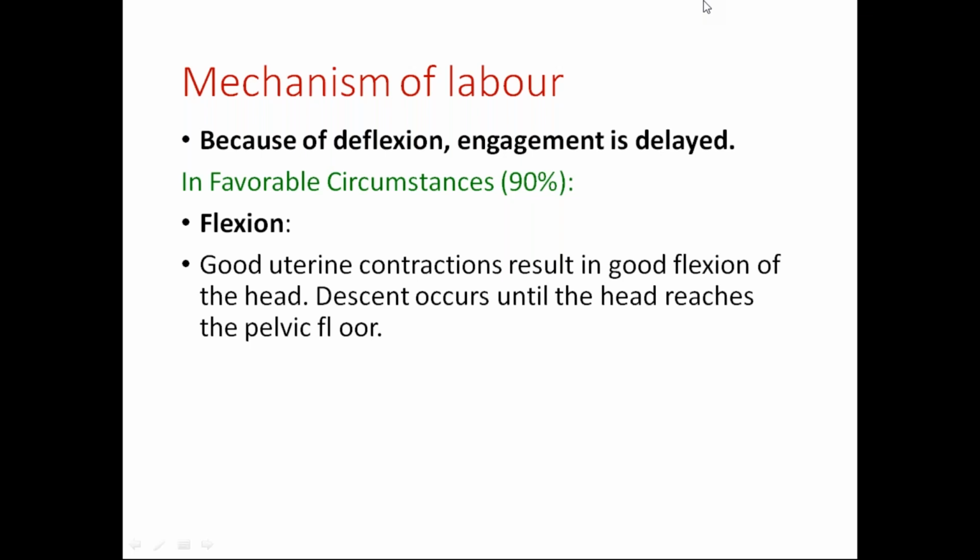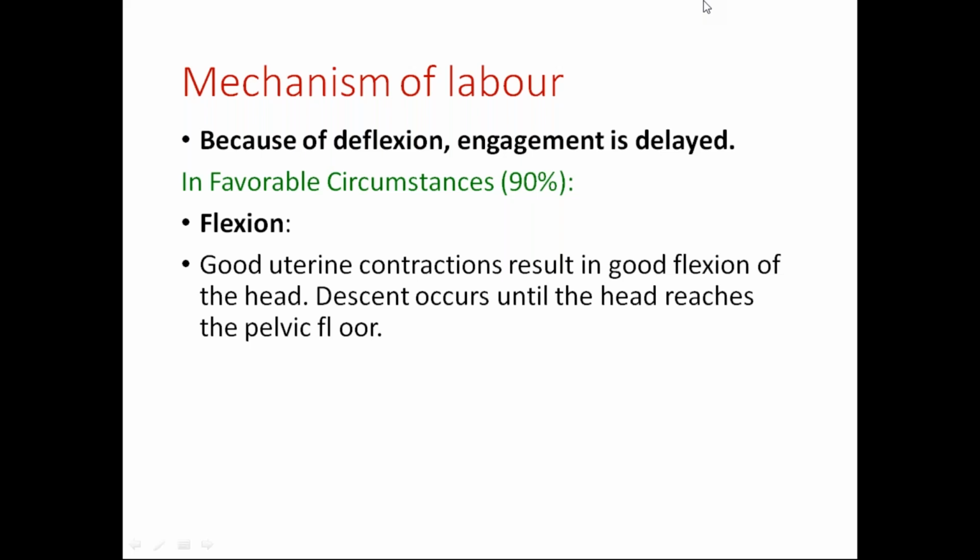That is with good uterine contraction, almost 90% of these. Only 10% will have an unfavorable condition. In this case, we have to conduct delivery very carefully. So with good uterine contraction, there will be long internal rotation. Descent occurs till the head reaches the pelvic floor, and the pelvic muscle is like this. Once it is contraction, all these things are again like normal. Once it has rotated toward the right occiput anterior, then the delivery will be in the occiput anterior position.